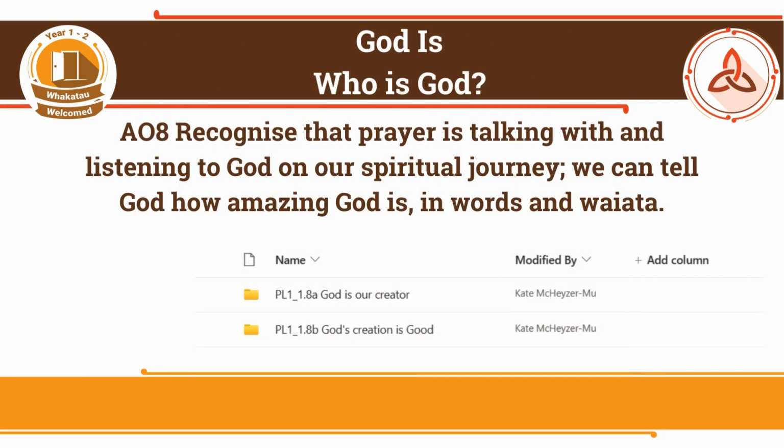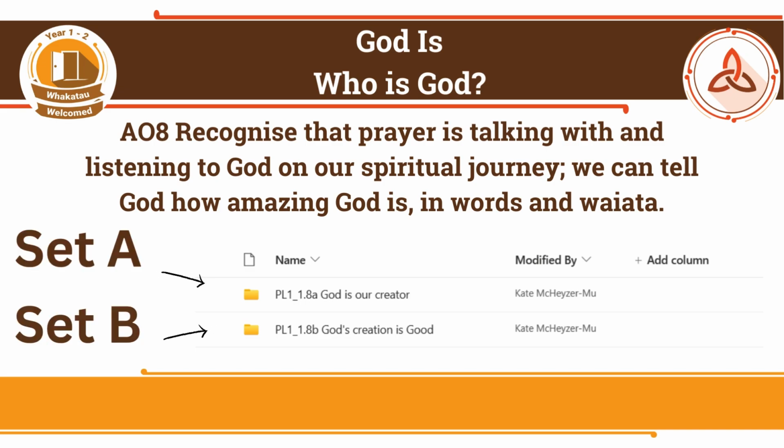Right, just when you thought you were understanding what we're doing, AO8 is split into two sets of learning, Set A and Set B. Set A is pitched at a new entrant to Year 1 level, and Set B is aimed more at the Year 2s. You will see as you journey through the rest of the themes that most of the learning has then been split into Set A and Set B. Like I said earlier, our mahi is designed to be organic and is forever evolving. This is one of the changes we decided needed to be addressed moving forward into the other themes.